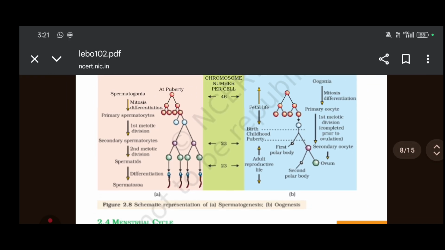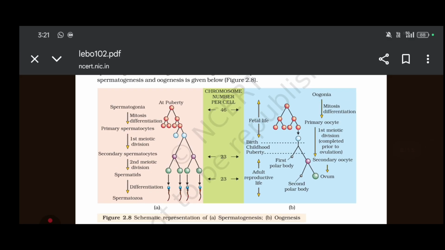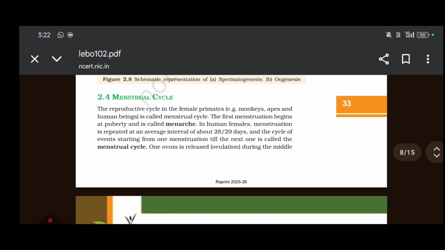At first, during puberty, spermatogonia occurs, then mitosis takes place, then primary spermatocytes, then first meiotic division takes place, and then secondary, then होता है spermatids, जिसका differentiation होते ही हमारा spermatozoa that is sperm बन जाता है। On the other hand, oogonia माइटोसिस डिफ्रेंशिएट करके प्राइमरी oocyte तक आता है, उसके बाद एक पॉज लेता है, पॉज लेके जब हमारा लाइक प्यूबर्टी होता है देन ये फिर से डिवाइड करता है, देन सेकेंडरी oocyte होता है, फिर उसके बाद ओवम क्रिएट होता है।